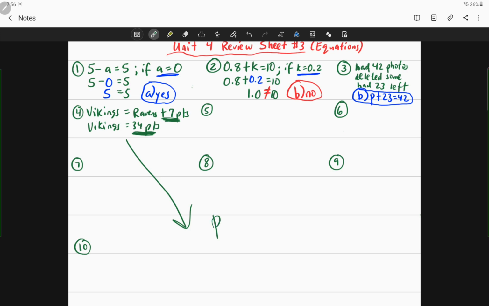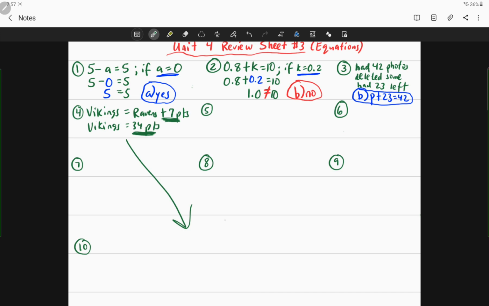Let's try choice B. It says P minus 34 equals 7. So again, it doesn't say 34 less than, so we could get rid of that. But again, same idea. If you do want to solve it, you're going to get the Ravens scored 41 points, which again, not true because they lost. And Vikings had 34, which means they had less than 34. Okay, let's try